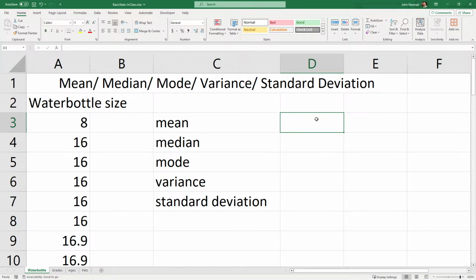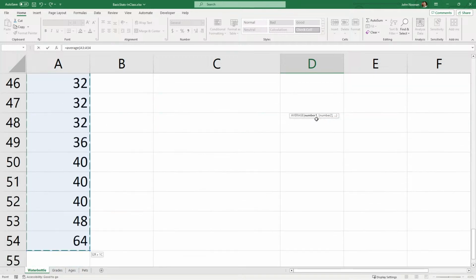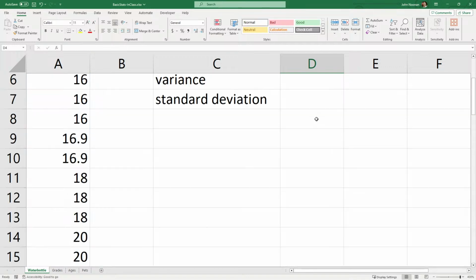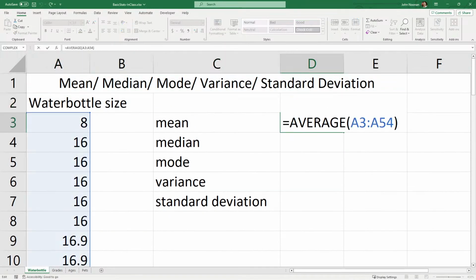Okay, so these things are really easy. The only one that is different than what you would expect is the mean. The mean in Excel is AVERAGE, which may not be that surprising. So you do equals AVERAGE, and you know the drill. You want to highlight your entire data set. Wow, I did it so quickly. I'll explain how I did that so quickly in just a minute. But here's what you should have: equals AVERAGE. Put it somewhere over here.